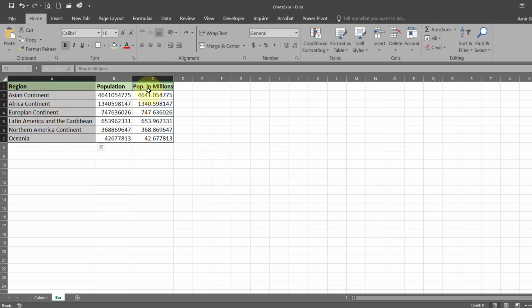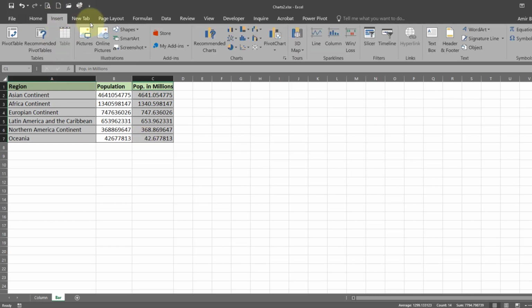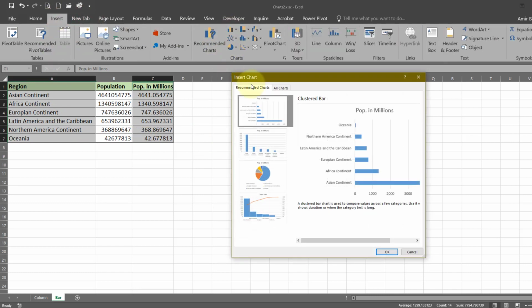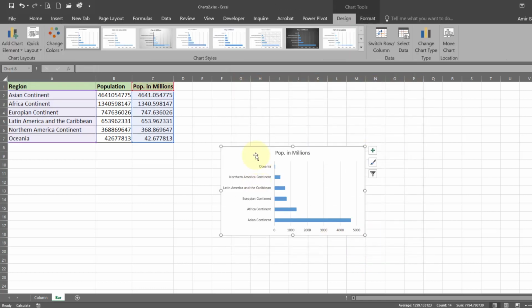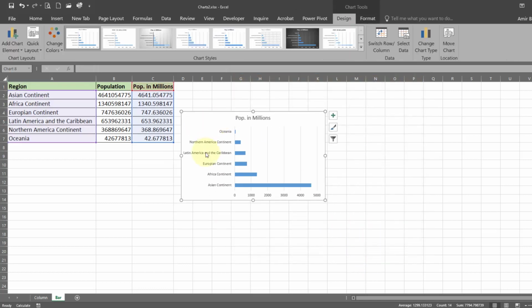We will select the data, click insert and all charts, bar chart and the clustered bar. Now you can see here all the names are displayed properly.